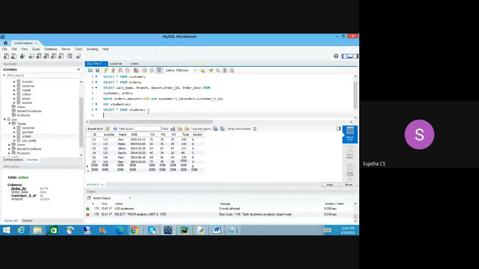Select from the student record. I want to display only name and date of birth. So: select name, DOB from the student table. What is the table name? Student record. STUTREC record. Where name like